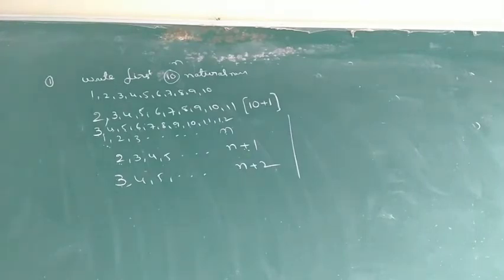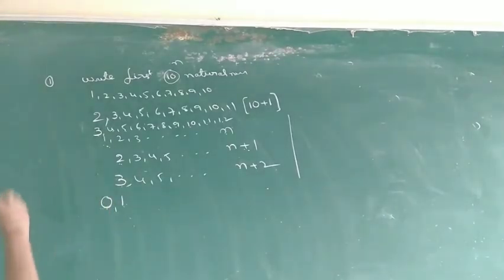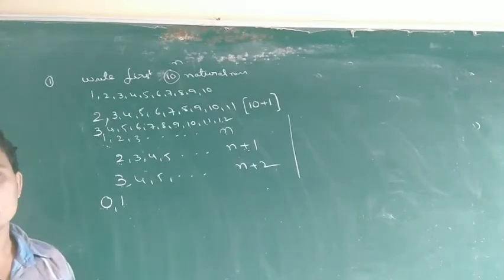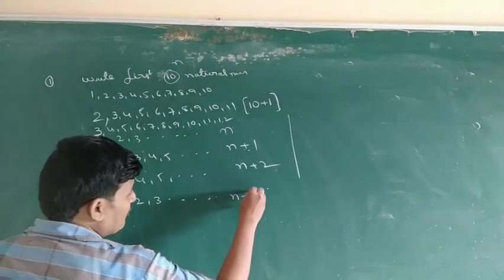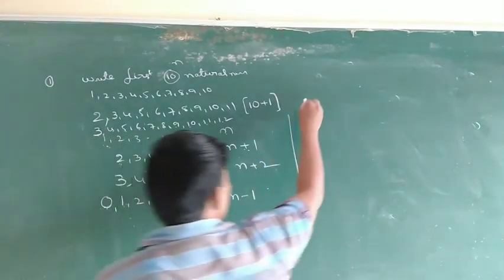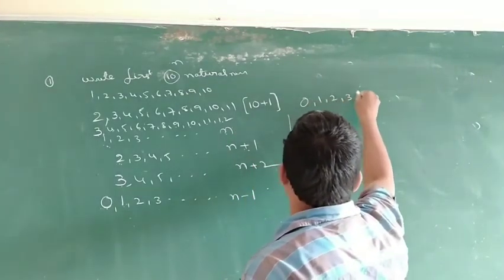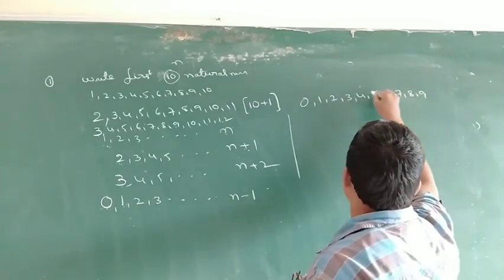So write n numbers, starting with 0. Starting with 0 means starting before 1 to n, so here we are not missing; the first number is one extra number. So 1, 2, 3 and so on up to n minus 1. Write 10 numbers where the starting number is 0: 0, 1, 2, 3, 4, 5, 6, 7, 8, 9. Compare with 1, 2, 3, 4, 5, 6, 7, 8, 9, 10.